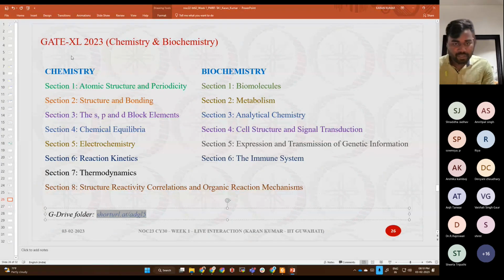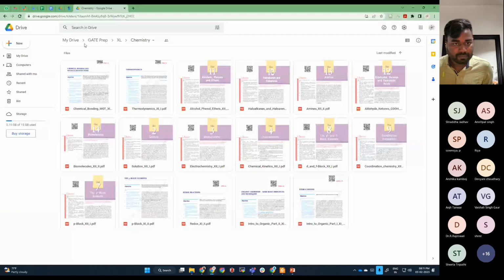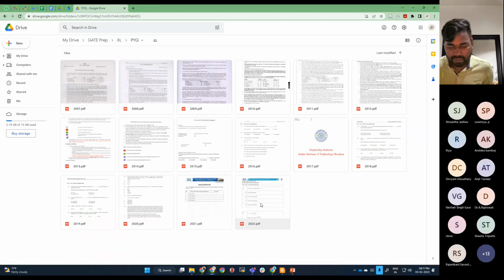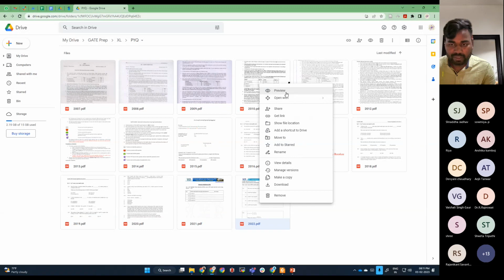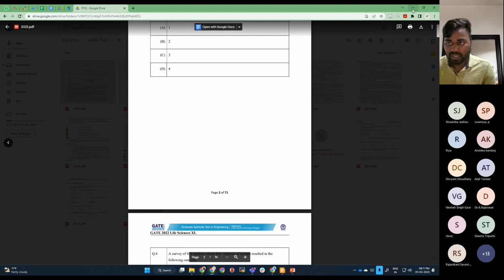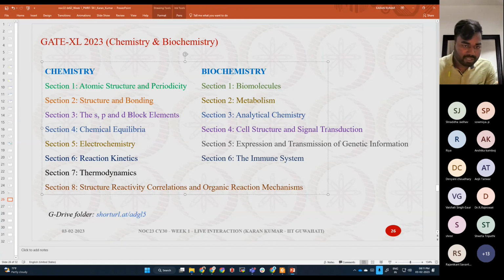The important topics that you need to focus on are P block, because once you go through the previous year question papers that are there in the PYQ folder I have uploaded, from 2007 to 2022, and look at the chemistry and biochemistry questions, you will find that in the chemistry region more questions are asked from the D block, transition metals, and